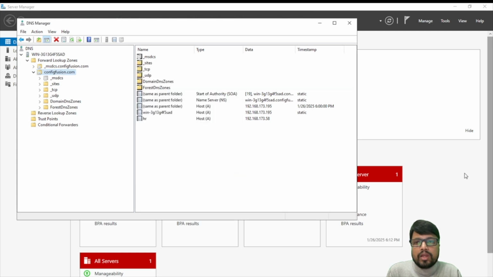Now let me tell you something about the reverse lookup zone. A reverse lookup zone is a DNS zone that resolves an IP address to a domain. So whatever IP you add, it will resolve one domain name for you. The purpose of this reverse lookup zone is to convert an IP address into its associated domain name. The DNS record is actually called a PTR record. So if you create a reverse lookup zone,